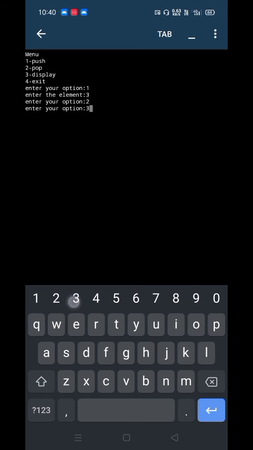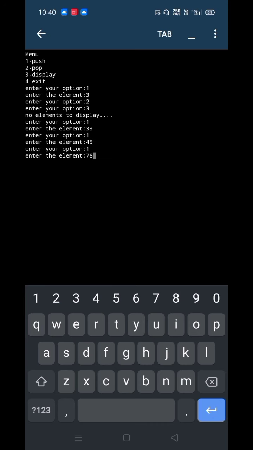I popped it successfully. Display, you can see there are no elements to display. So let me push 3 to 4 elements. I pushed a total of 4 elements, so let me display. You can see how beautifully it was displayed.